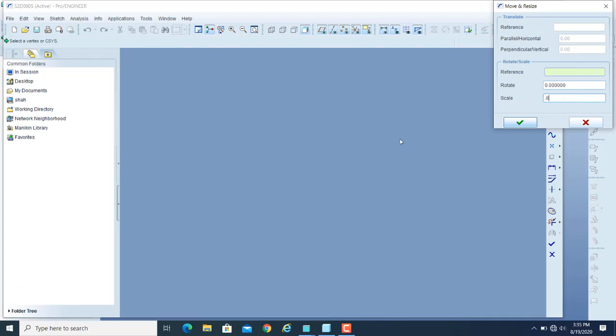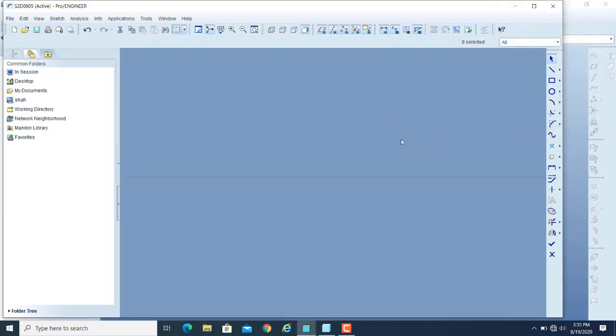For example, 0.8 times the original one, and then I will click the OK button, and then you can use the zoom to fit option, या आप mouse button जो है वो कर सकते हैं, click zoom to fit अगर आप click कर लें. So this is now your current sketch,